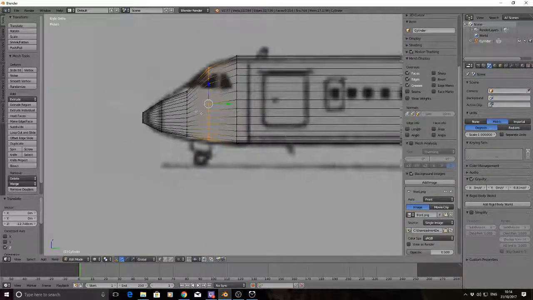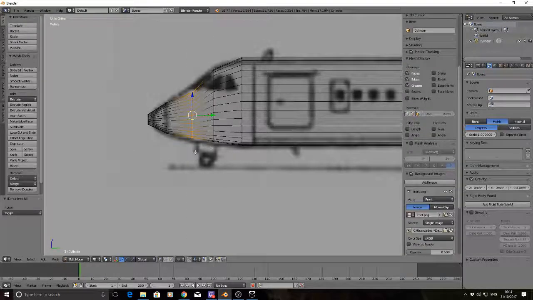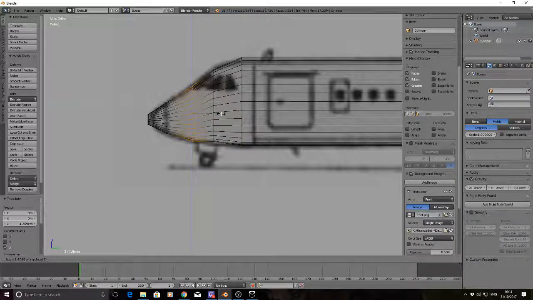Okay, I'm going to zoom in a bit more. Now you can see it's getting pixelated now, so you're not going to get perfection. So I'm just going to stretch it and move it just to get it where I roughly want it. Now